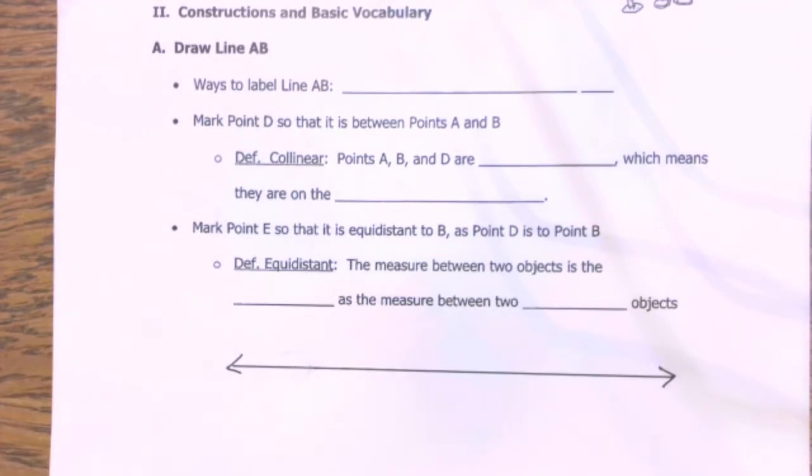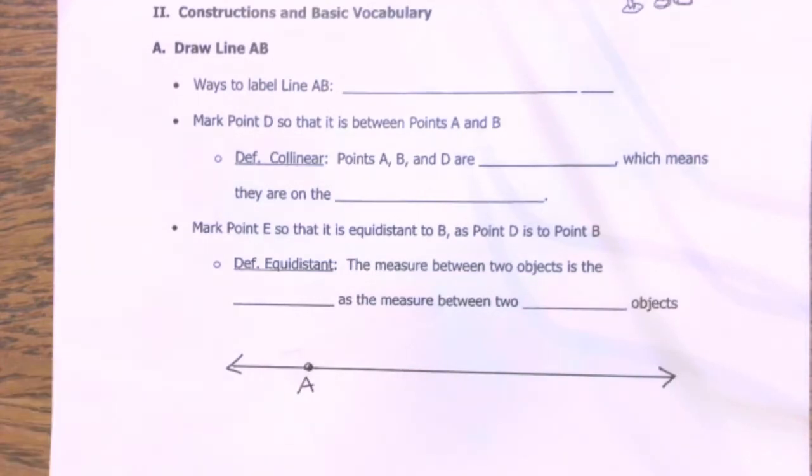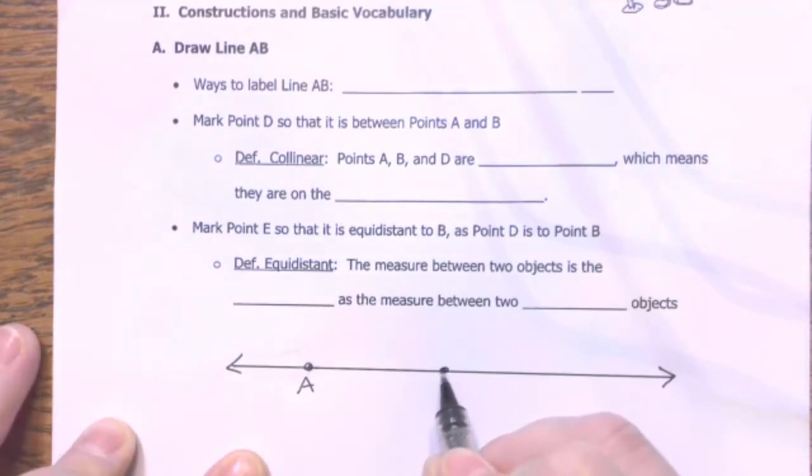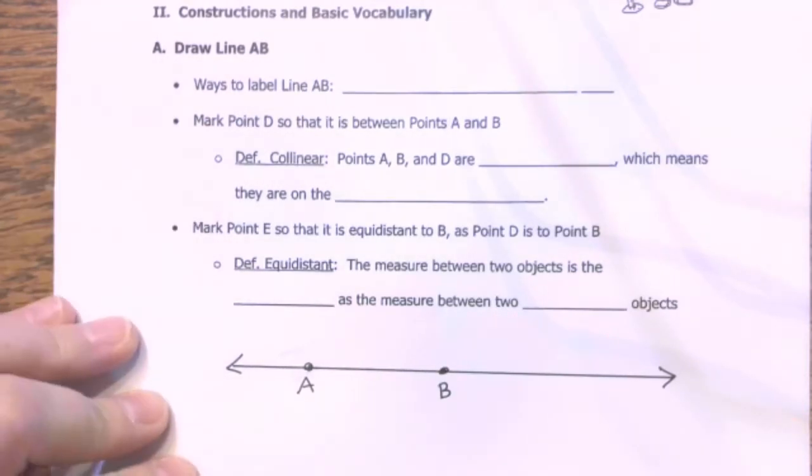If it says to draw line AB, A and B are points on that line. So we're going to draw A, and we're going to draw B. And for B, we're going to draw it right in the middle, and we'll talk about that in a second. So that would be line AB. You can say line AB. You can say